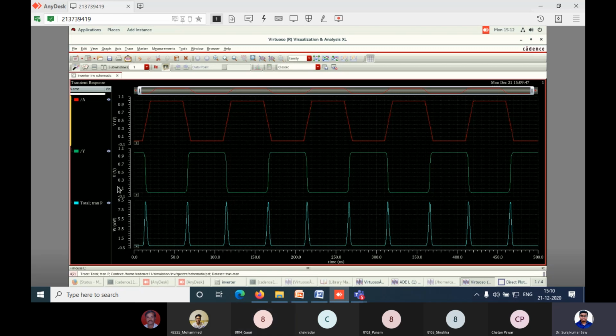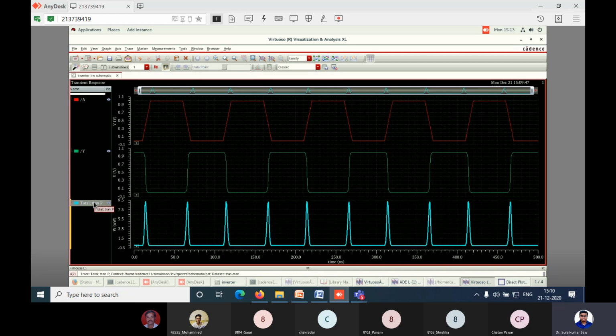Okay, see, from this value we cannot find the exact value of power. For finding the exact value of power, we will select this power curve, total power. Select on this. Everybody select this. Yes, Poonam, select this by clicking on that. Select the power. Yes, Rutika, select. Very good. All selected. Fine.